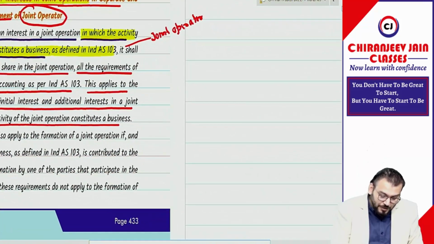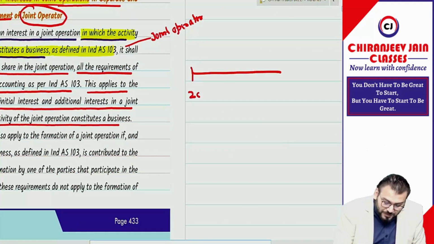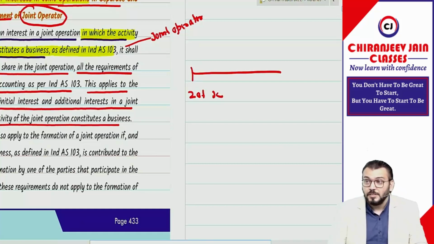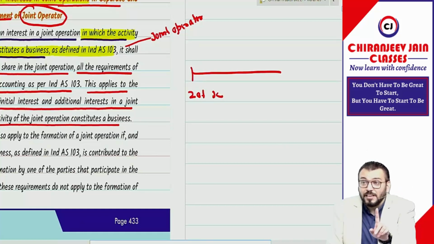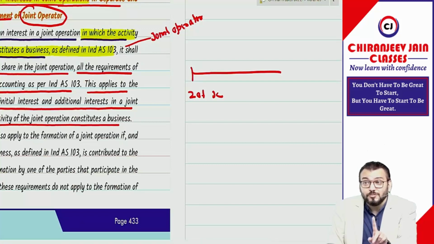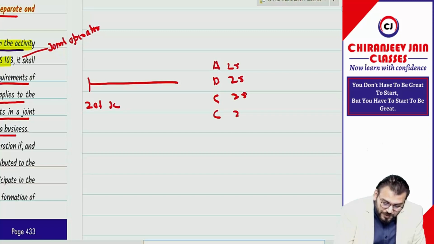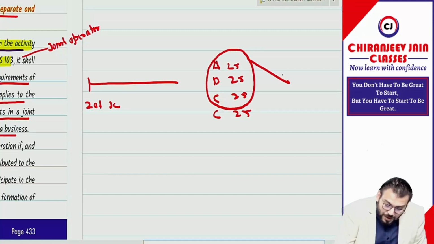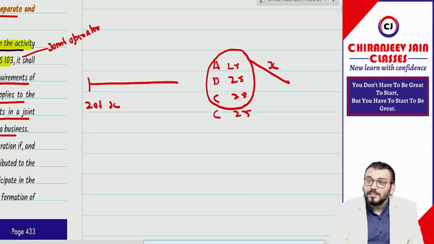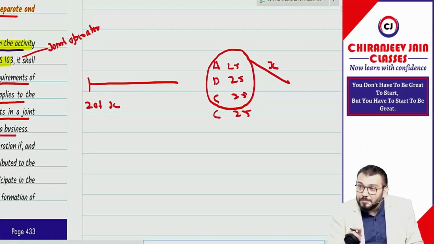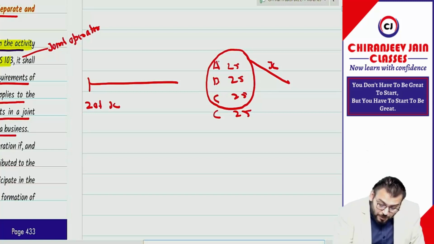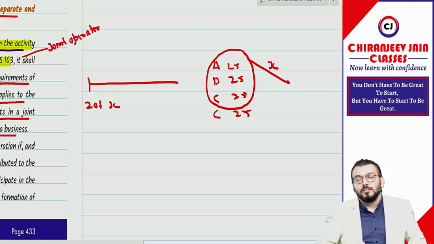Chal, ठीक है. What I am saying, initially they acquired 20% and they have joint control. Joint operation means the party which has joint control. Means there may be some parties which do not have joint control. We are not discussing that. We have discussed now A, B, C, D, 25, 25, 25, 25. But A, B, C have contractually agreed to have joint control. So who are the parties to the joint arrangement? A, B, C, not D. So we are discussing A, B, C, not D. Understood what I am saying?